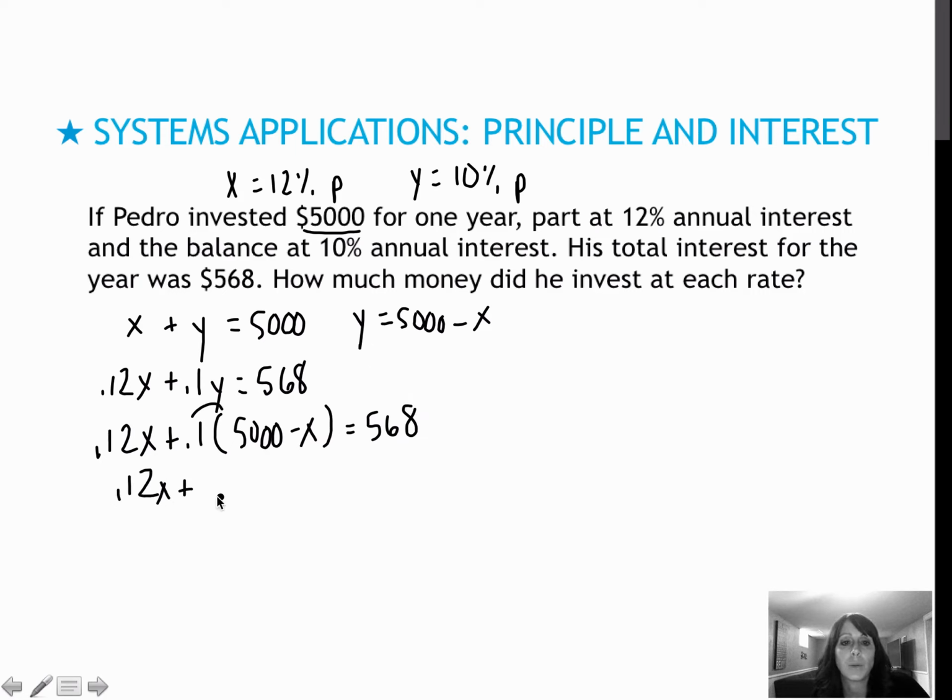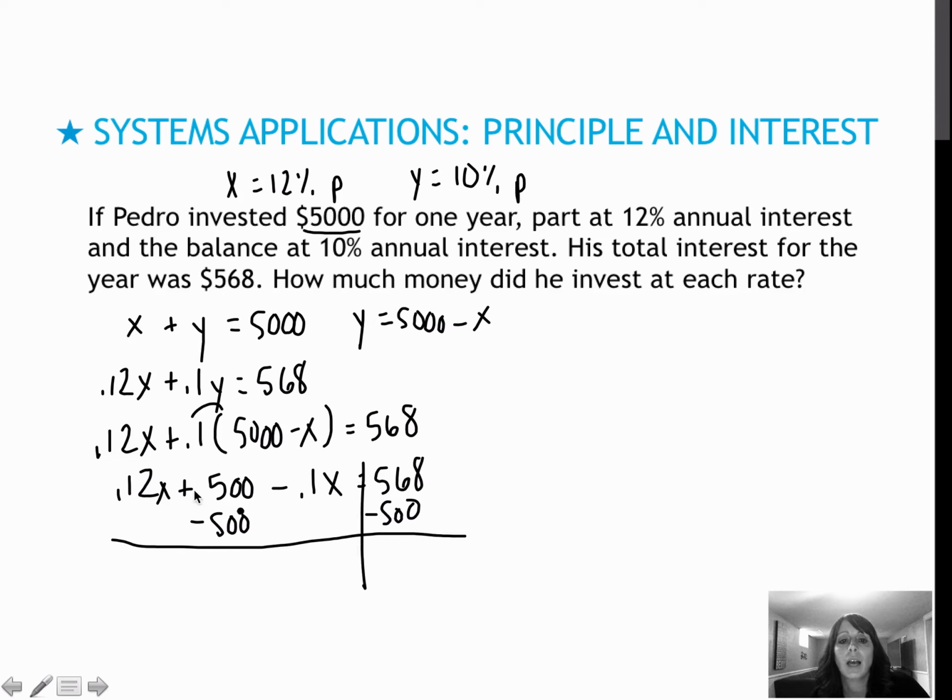I'm going to distribute the 0.1 and then subtract that 500. And on the same step that I subtract the 500, I'm going to combine these two terms together because they're on the same side. So I'm going to get 0.02x, and on this side I have 68. And when I divide by 0.02, I get that x equals